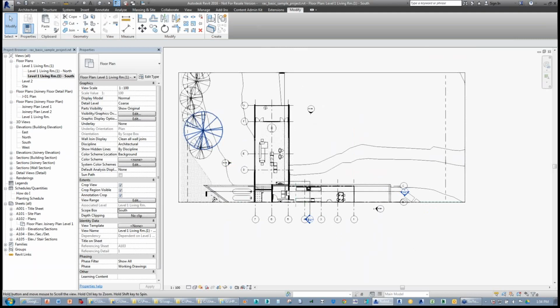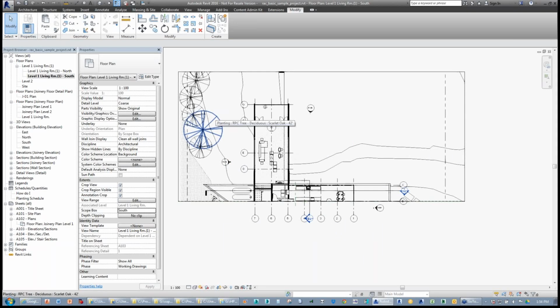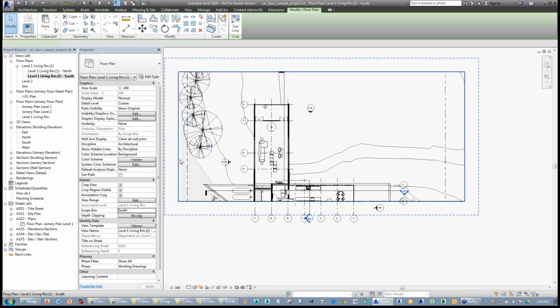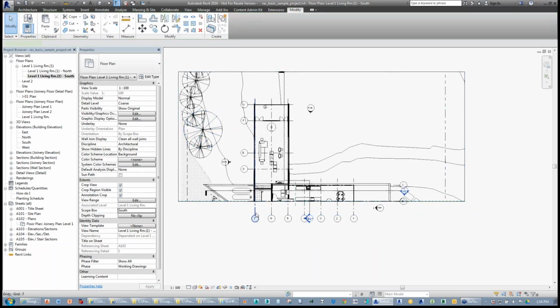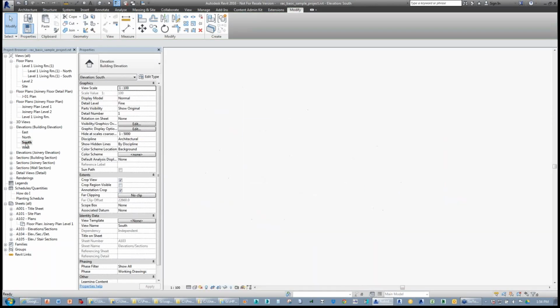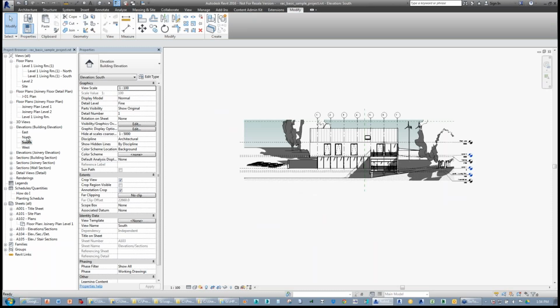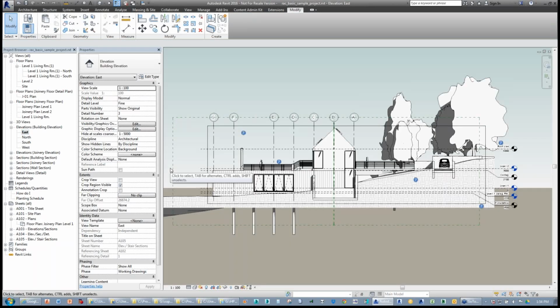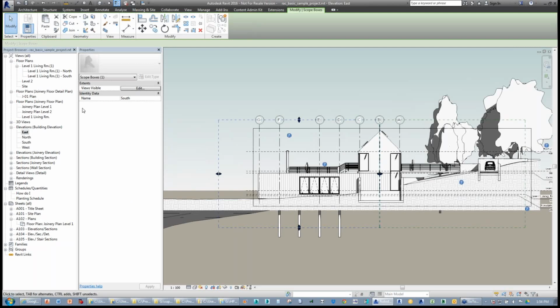And this is sort of the bugbear a lot when you're setting up views in Revit, is this whole idea of, when Revit creates views, they're quite messy, and you've got to reorganize the grids and the levels and so forth to make them look correct. So with these views here, you can do things like you can actually apply the scope boxes to them automatically,